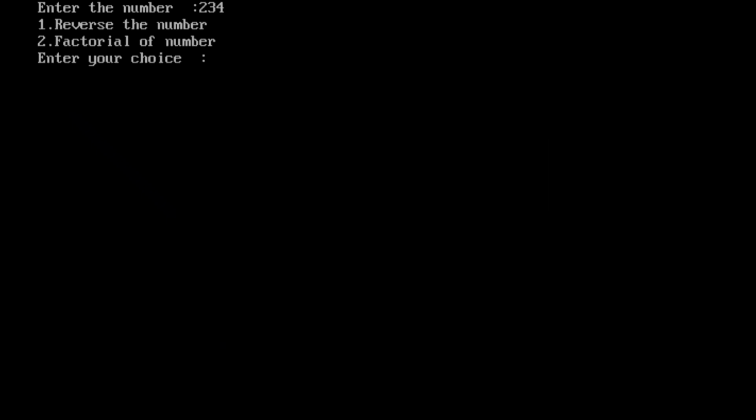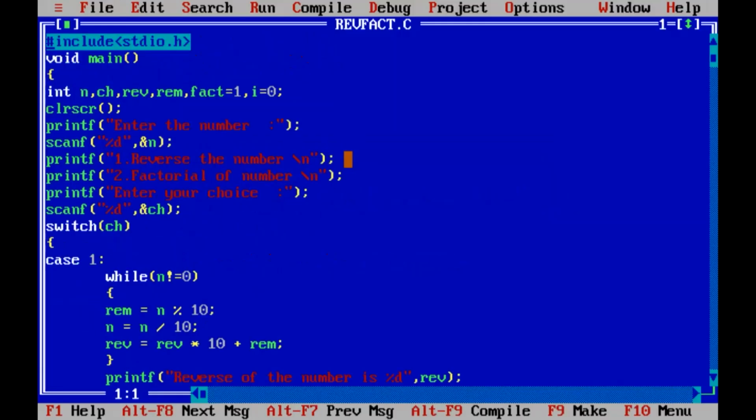So if I give 2, let me check why it is coming wrong. Maybe this reverse is having an error. Can you find some error? Anyone there? Yes, ma'am. Maybe I didn't initialize the variables. No. Let me see.